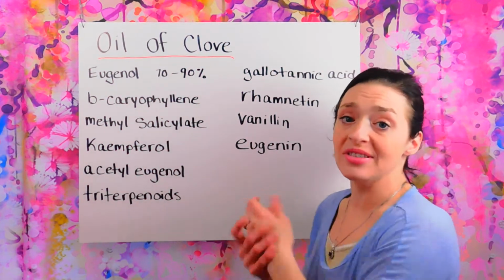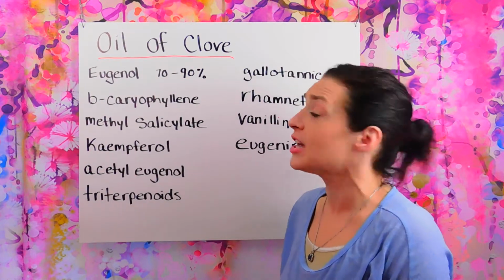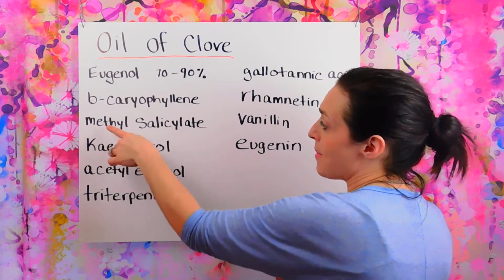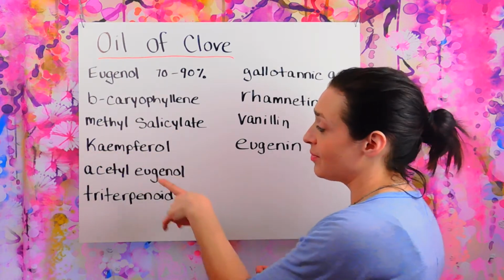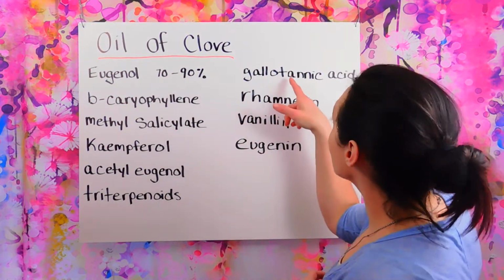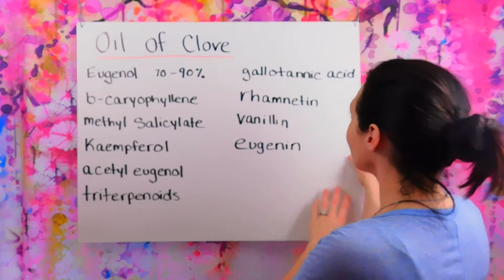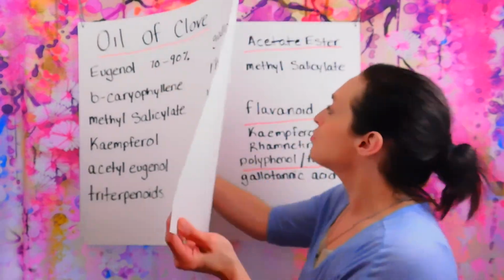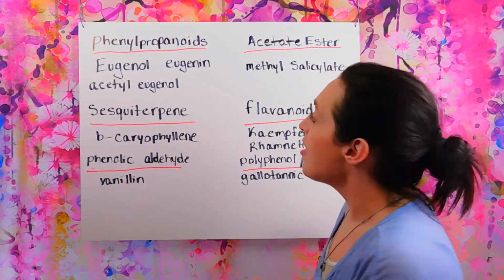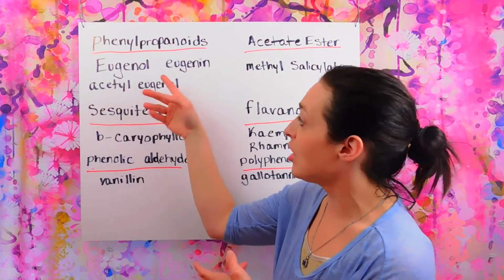So here are the constituents of the oil of clove. We have eugenol, which makes up about 70 to 90% of the overall constituents in the oil of clove. Beta-caryophyllene, methyl salicylate, kaempferol, acetyl eugenol, triterpenoids, gallotannic acid, rhamnetin, vanillin, and eugenin. So let's break these up into their proper